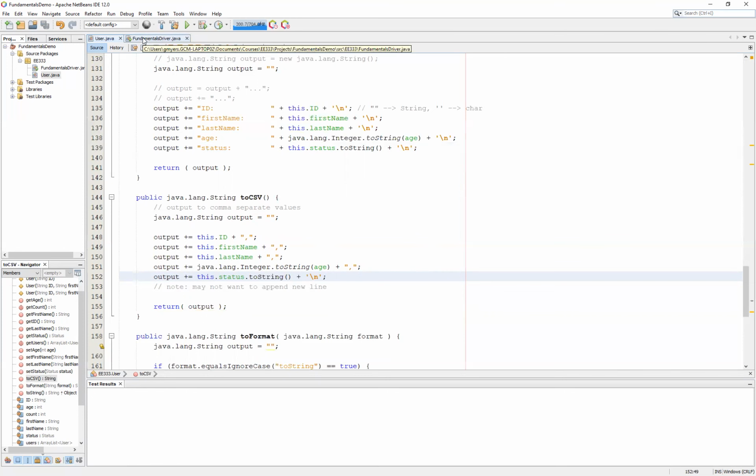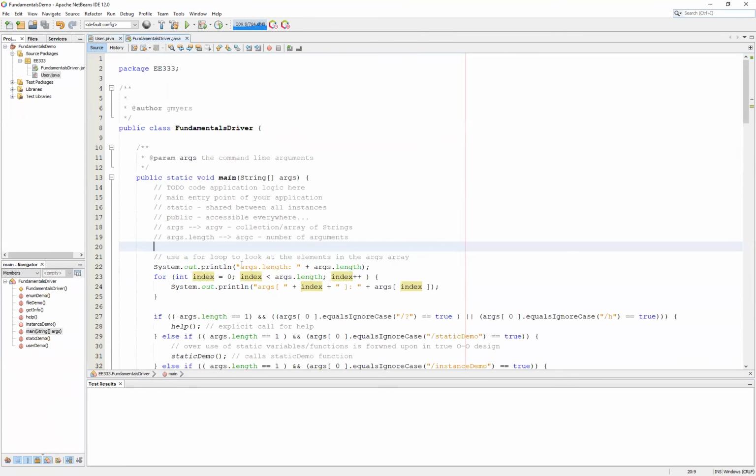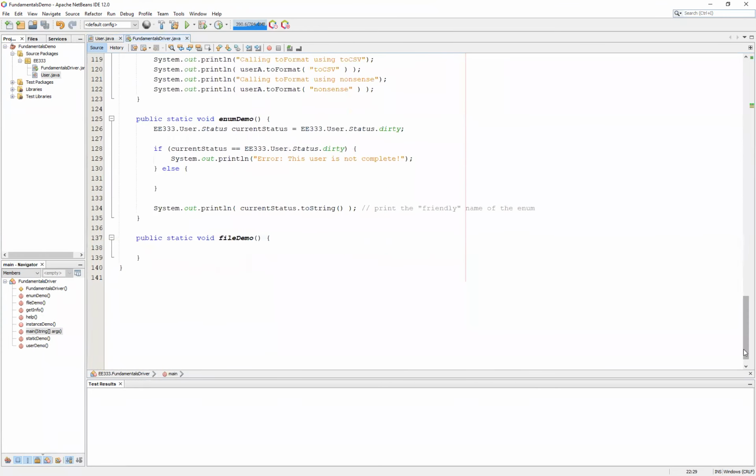So now we want to turn our attention to the fundamentals.java, and what we're going to do now is leverage a new function that we're going to call fileDemo. This one's going to focus on file output. And what you're going to see is that file output is a little different in Java than it is in C. Particularly, you're going to discover that for convenience, you're going to need two different objects. And one is going to be the